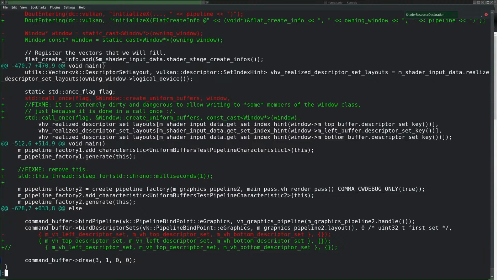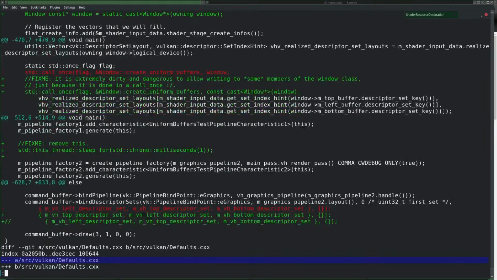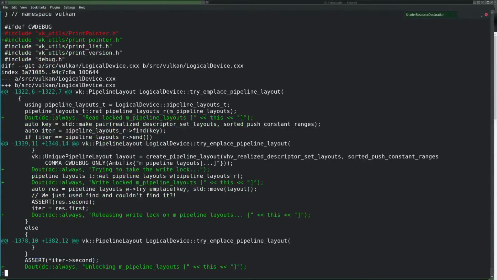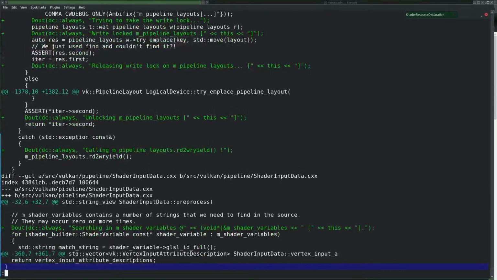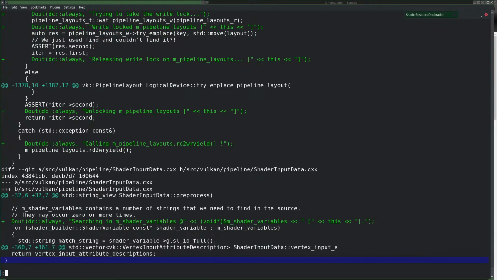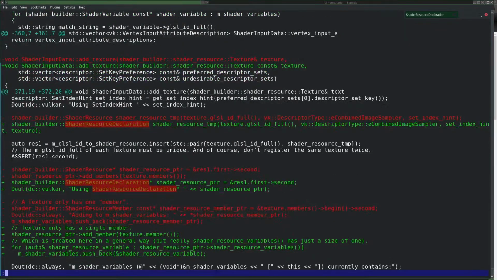Yeah, I probably should commit what I have now, because I need to keep track of what I'm changing. I think I'm going to make it yet another branch.